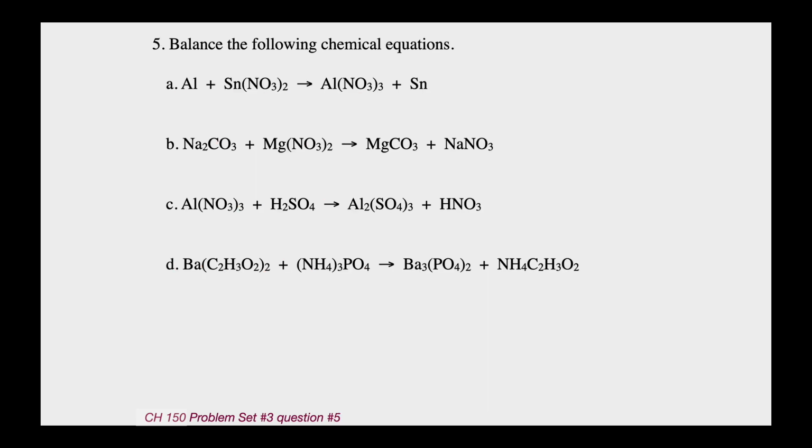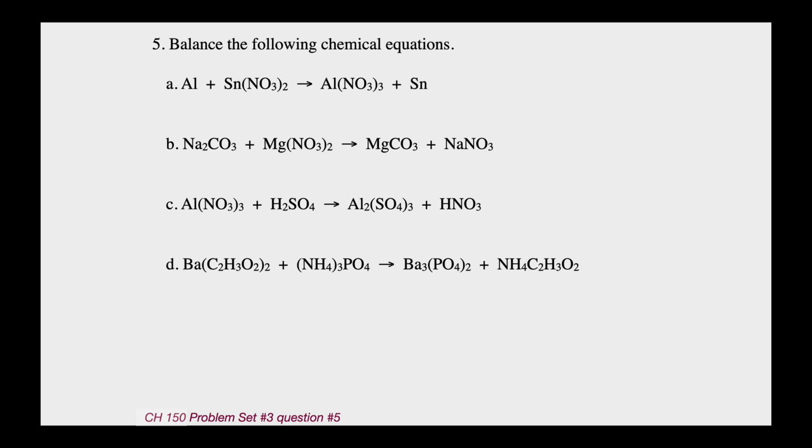Let's balance these reactions, which are a combination of different types we'll see, especially in the lab. The first one, aluminum and tin(II) nitrate, which is what that compound is, making aluminum nitrate plus tin. Aluminum is one of the stairs, so it doesn't need a Roman numeral, but tin certainly needs a Roman numeral